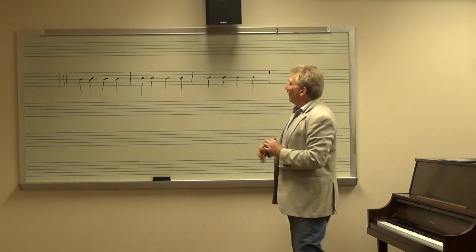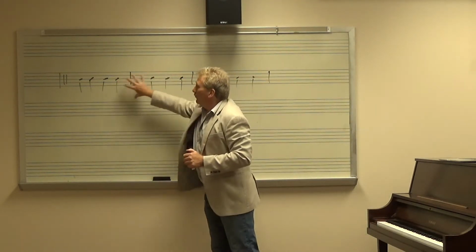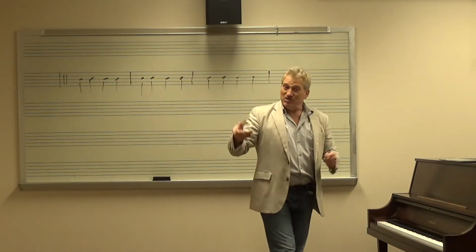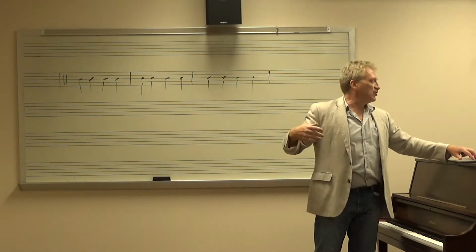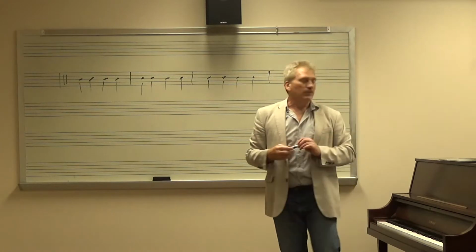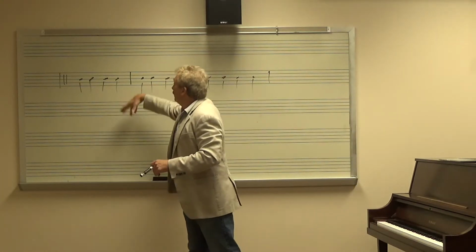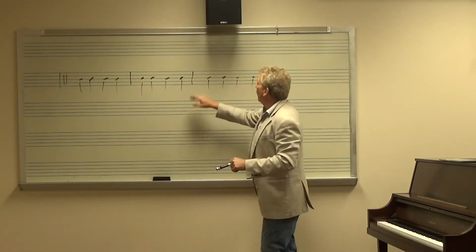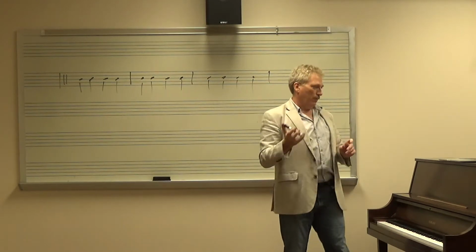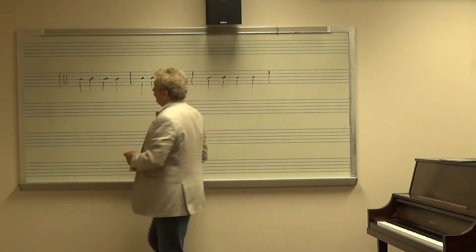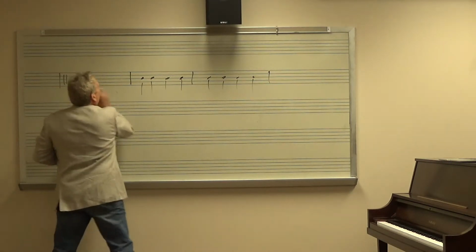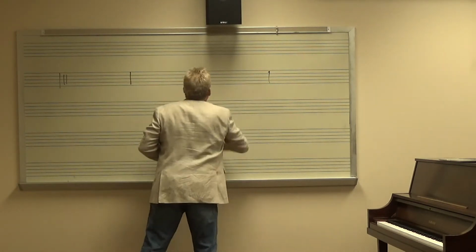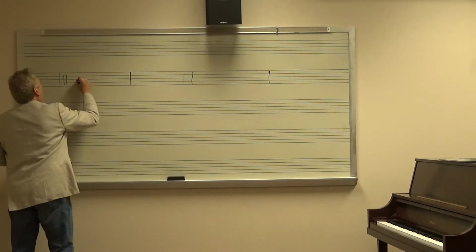So a measure line separates the staff into separate measures, a designated measure, and each measure is a cyclic repetition of our beats. 1, 2, 3, 4, 1, 2, 3, 4, 1, 2, 3, 4. This could also be if we were in compound time. No difference whatsoever. If our beat, instead of a quarter note, is a dotted quarter note,